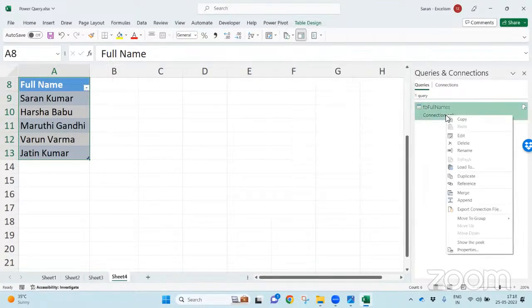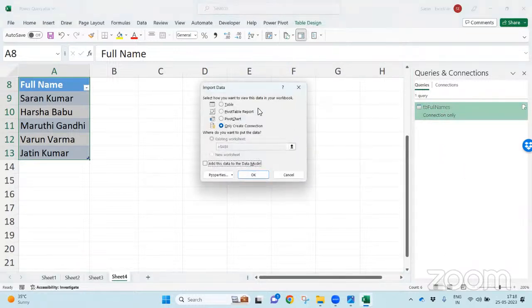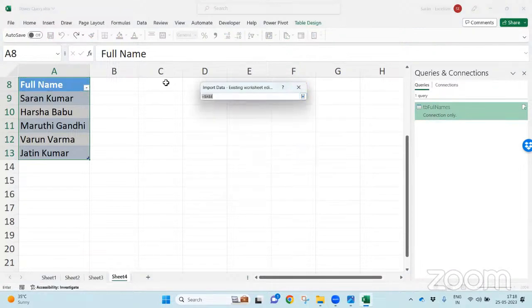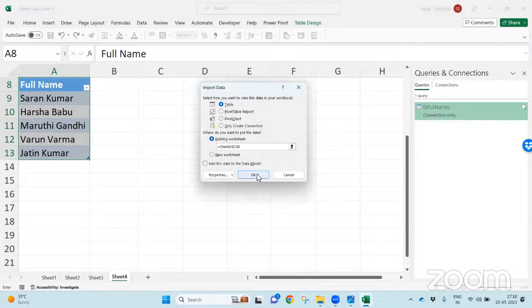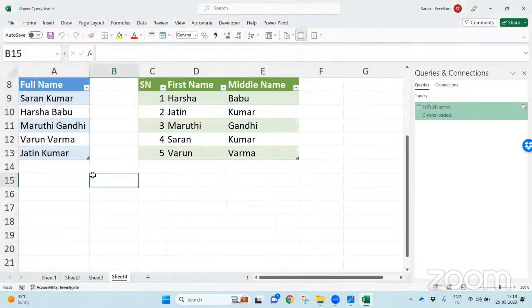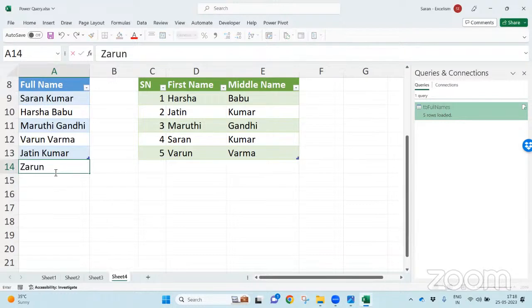But if you want, you can again right click, load it to, and you are going to get the same options. Now, in this case, I want to get the result as a table, and this table I want to paste here. Let me click OK. Wonderful. Now, till now, we have done some transformation steps. Let us see the magic now. If I go and give some name I have written, I'm not even sure what the name is. Enter. Now this particular item is part of the table.